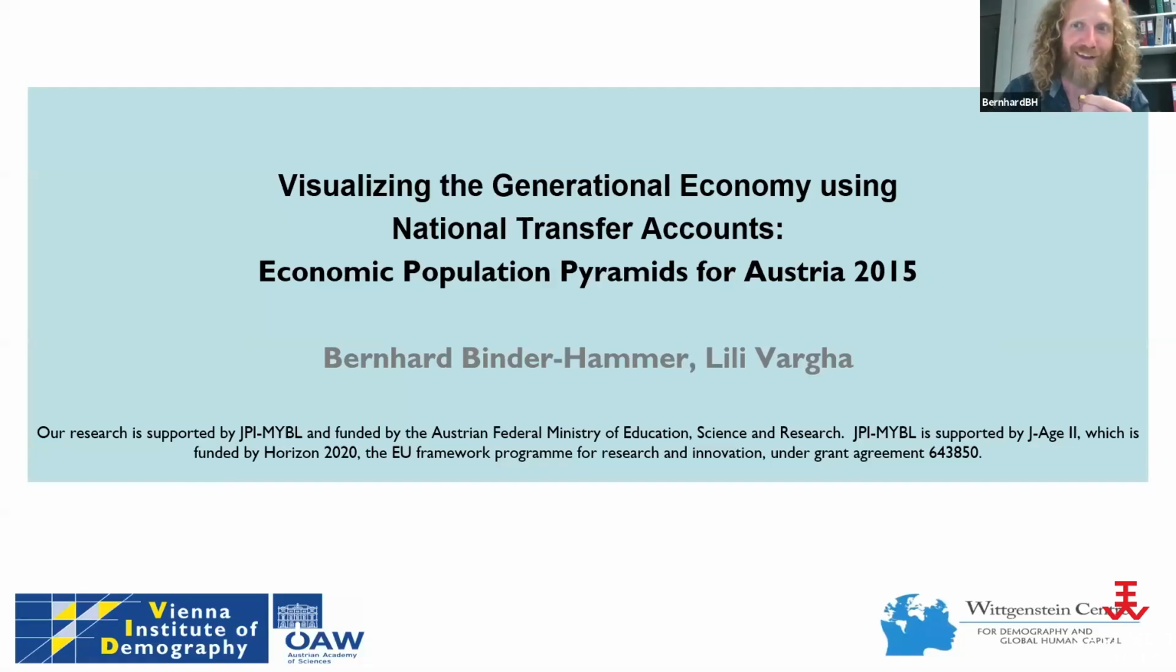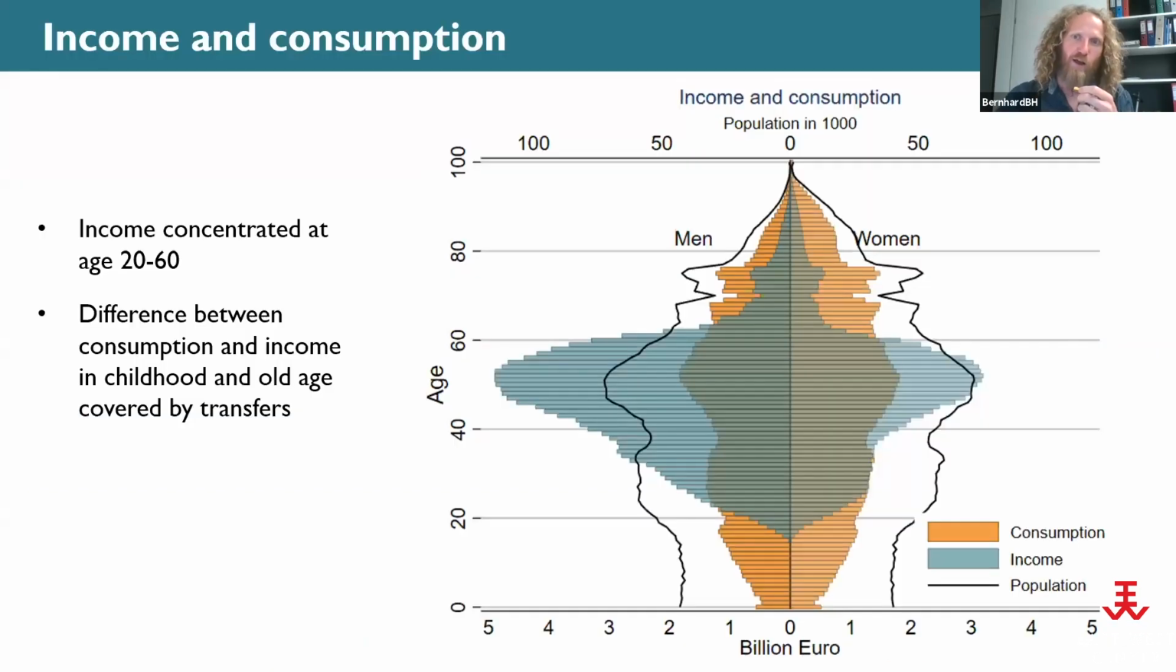Okay, perfect. Yeah, Lily showed very nicely this NTA age-specific pattern, but the data can also be used to illustrate the relationship between the age structure of the population and the total quantities. And a very nice tool to do so are economic population pyramids. So population pyramids show the number of men and women in each age group, and economic population pyramids show you economic quantities of men and women in each age group. What you see here, for example, is consumption, the orange part, and